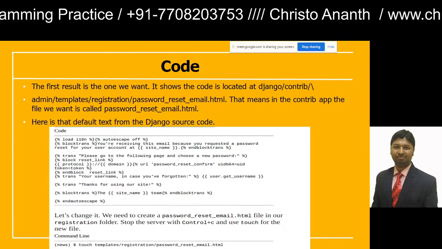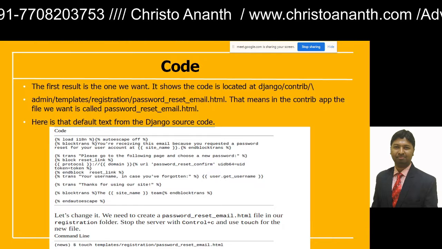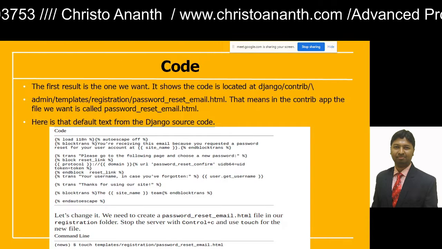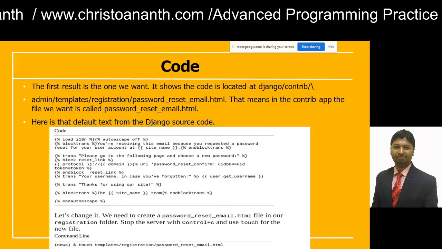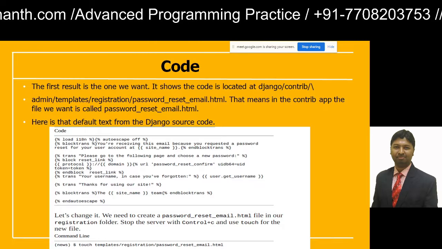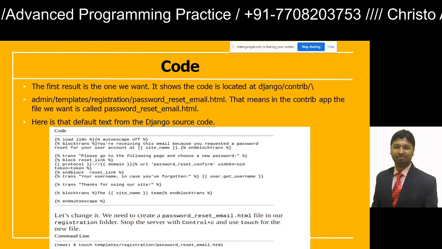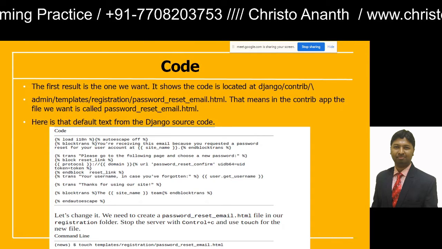Then the block reset_link, then the trans statement, your username in case you've forgotten, thanks for using our site, endblocktrans, and autoescape.